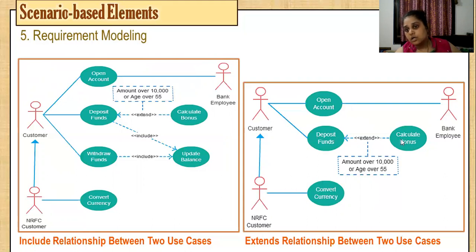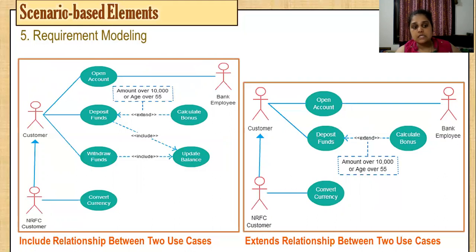So calculate bonus extends deposit funds. When can you calculate bonus? When your amount is over 10,000 or your age is over 55, then you can use this use case, otherwise no. The rest remains the same. This is extending.